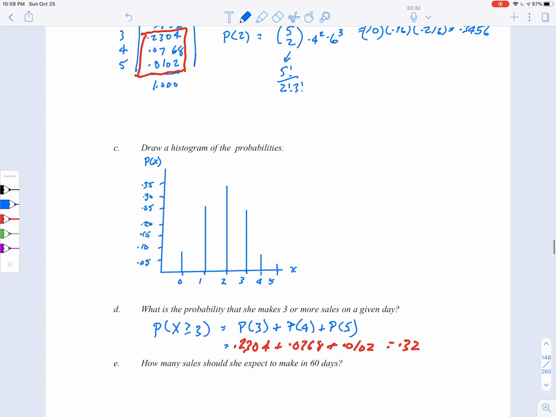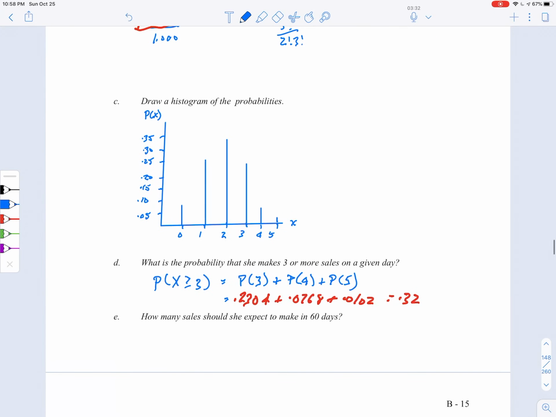How many sales should she expect to have in 60 days? Now here's the word expect. And whenever you see the word expect with a probability distribution, we're talking expected value. Expected value is the mean. The mean is equal to n times p. So that's going to be equal to 5 times 0.4 is equal to 2 per day times 60 days